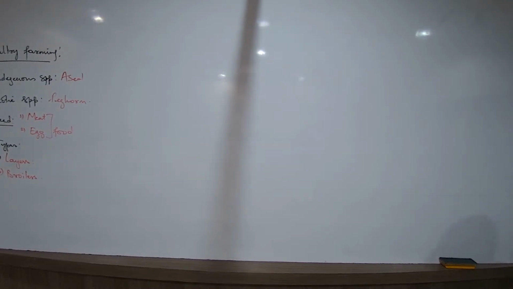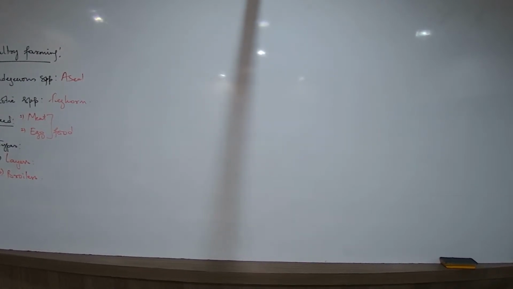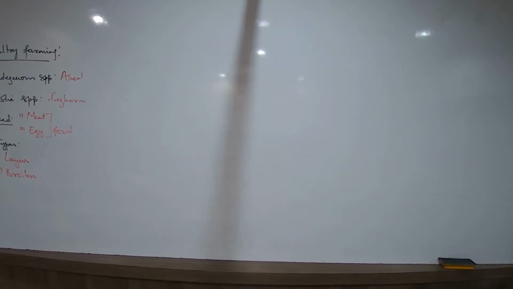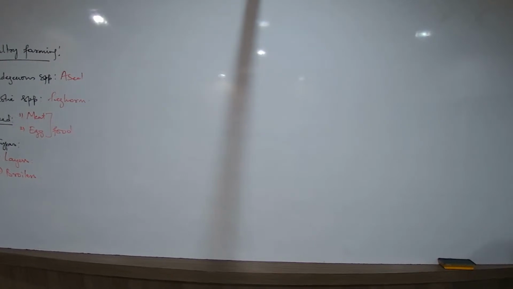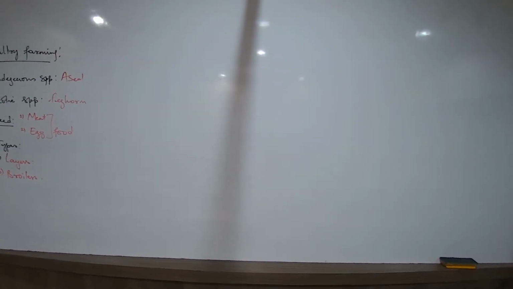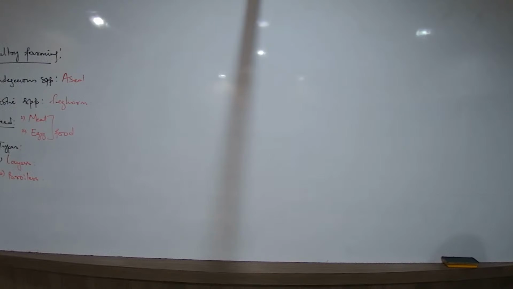Okay, so that way. The third point that we talk about, they require enough space and adequate lighting. Lighting means the shed where you keep such birds should be well ventilated. That's the meaning of lighting here. And when we are talking about the broilers, it is more or less the same, but there is a low mortality rate. Now, the third point you may not write as a point of difference at all. You will write points of difference as number 1 and 2 only. Number 3 is not at all a difference. Come to the fourth